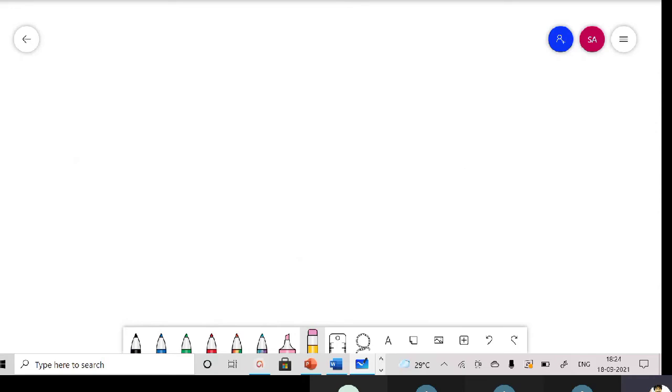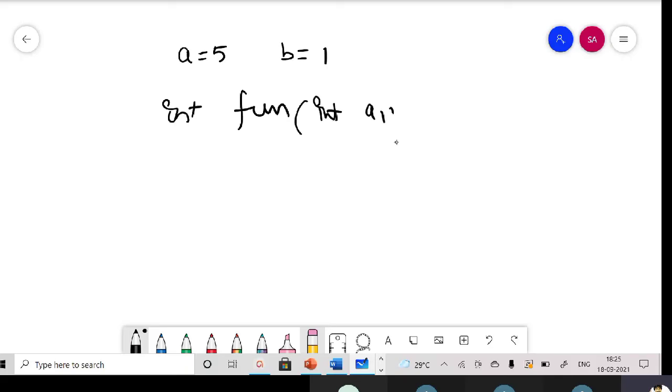Assume that we got A as 5 and B as 1. Similarly, there is a function fun, like the previous one. It is having A and B as parameters.